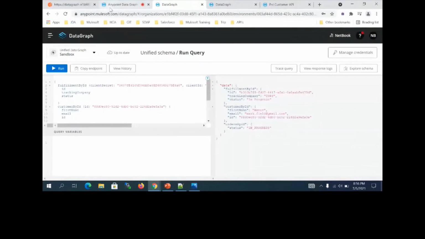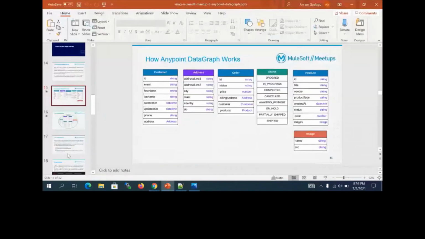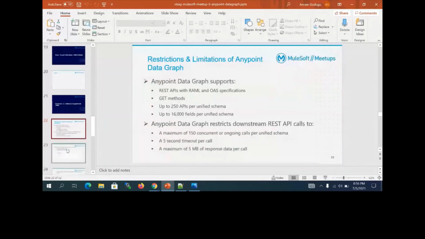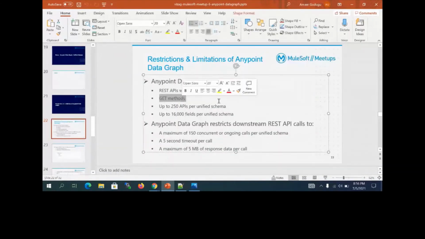Okay, let me talk quickly about some of the limitations. Then I will take some questions again. Somebody asked, is there any limit to add it? I already mentioned only the GET method will be used over here, and REST APIs with the RAML OAS specification are the only ones supported as of now.